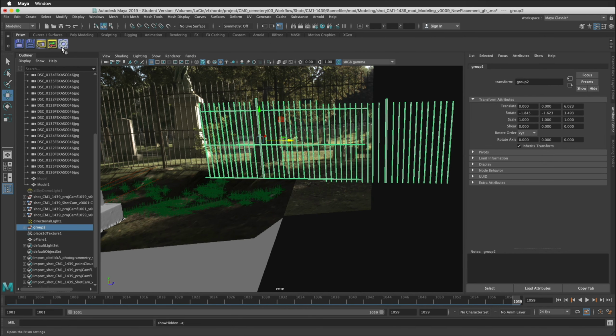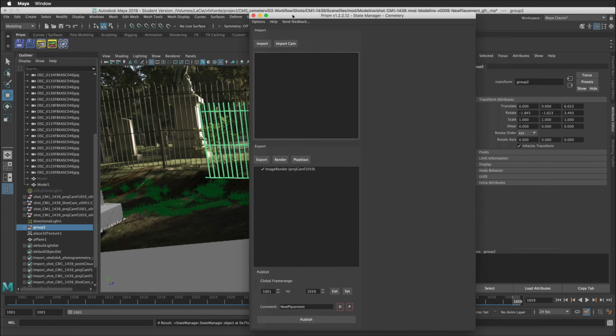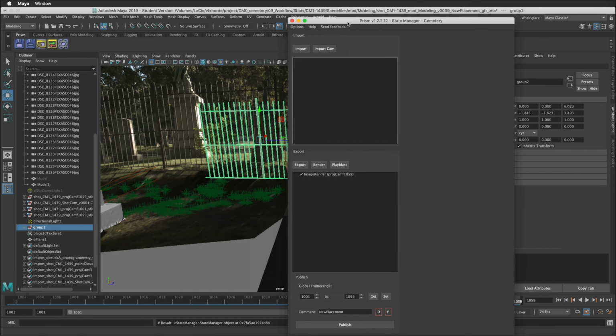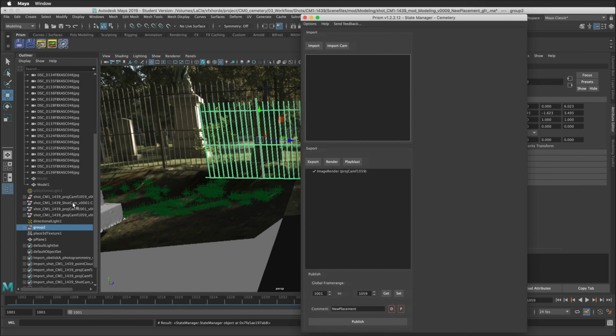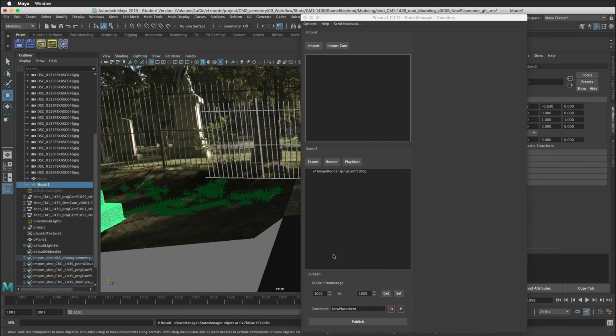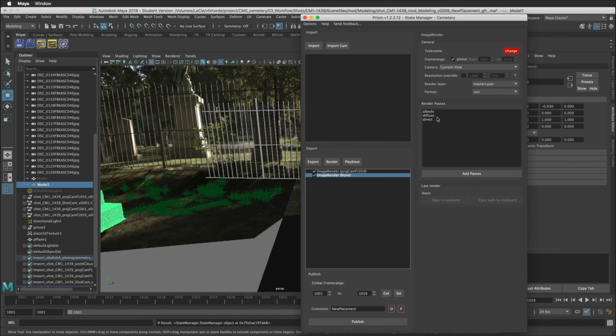So in our Prism shelf, I'm going to pull up the states manager, and let's go ahead and select our new geometry. I'm going to say render. I'm just going to include all those default passes. I'm going to say light mask right there. I'm going to disable our other image render for our projection setup so that we're just publishing this render right there. And I'm going to call this